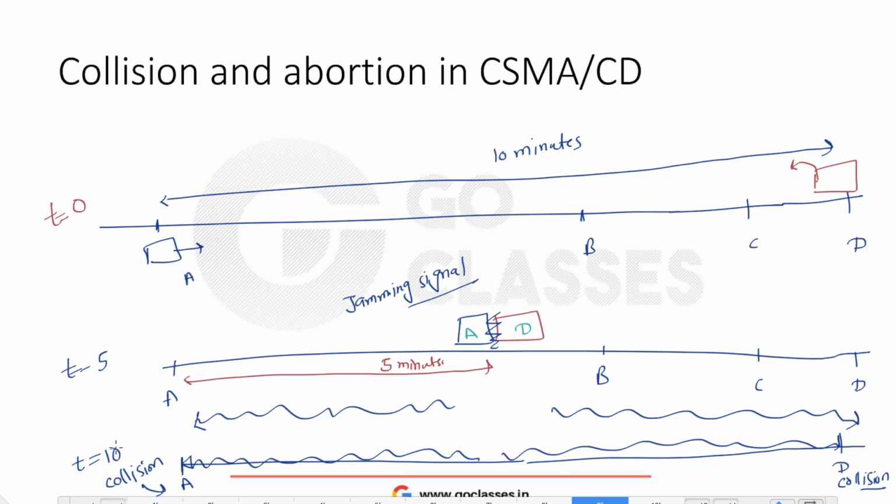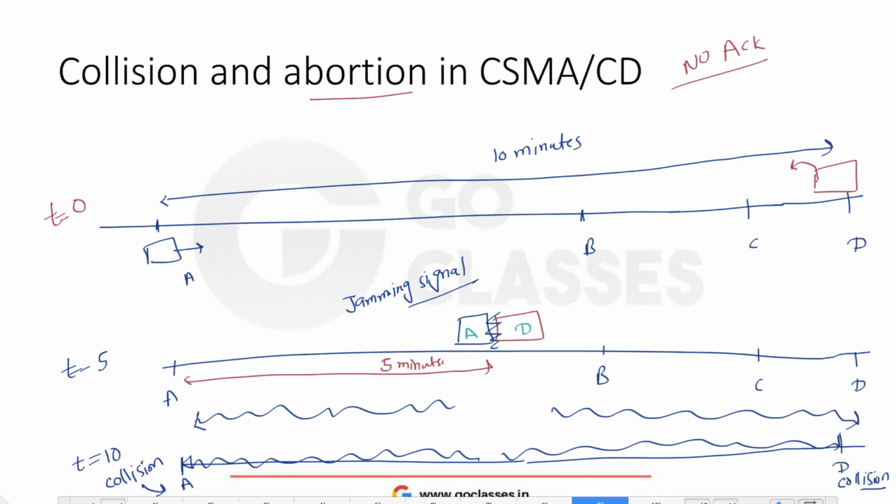Now once they know that there is a collision, they will abort the transmission. So that's what abortion means. Now here we do not have any facility of acknowledgement, so there is no ACK policy, which means station A has to detect somehow, on its own end, that the transmission is successful. D won't tell. If A is sending data to D, then D won't tell that it has received the packet. A has to somehow find it out.